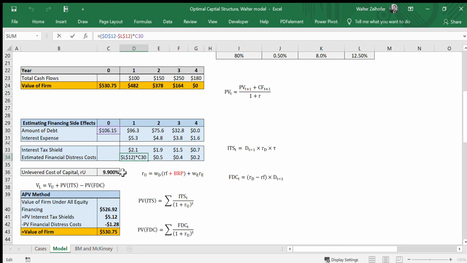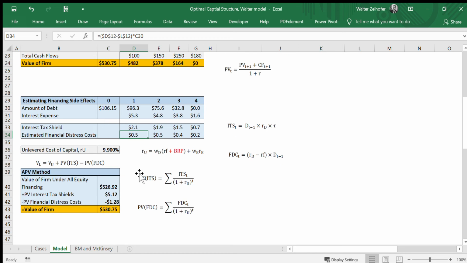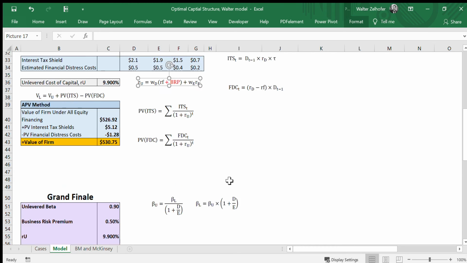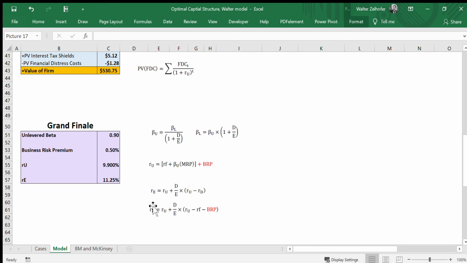So think of this as the extra interest that you have to pay in order to compensate the investors for the possibility of bankruptcy. And that makes sense, right? Okay, so let's talk about the value of the firm now. The value of the firm under all equity financing, we're still using the same formula that you see here, except the one in Myers, for